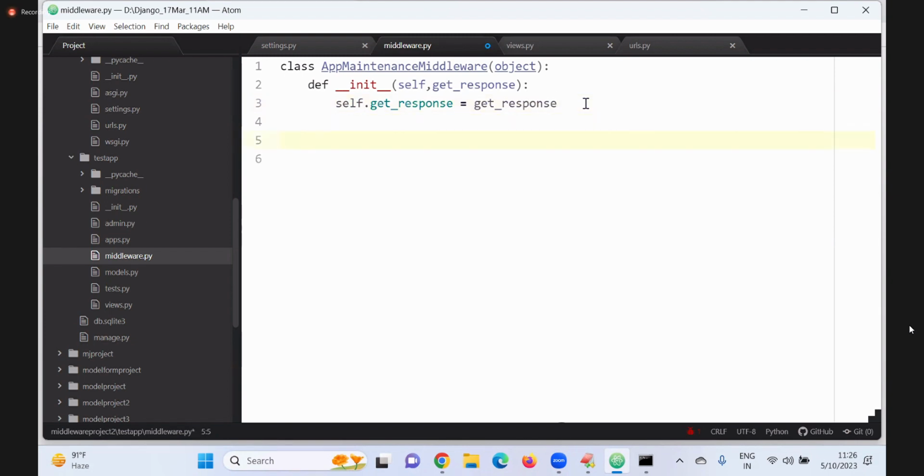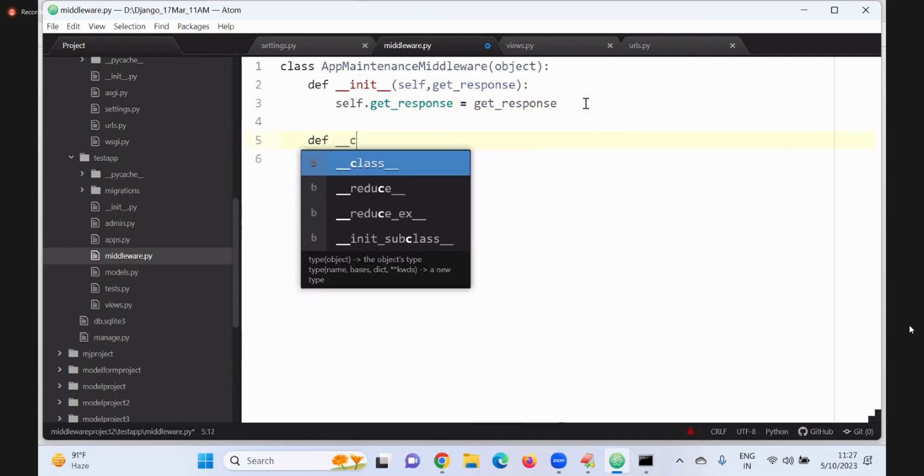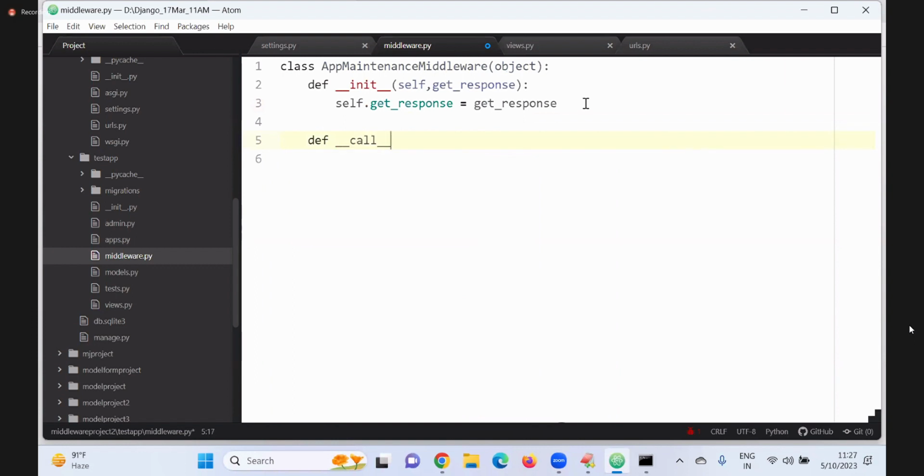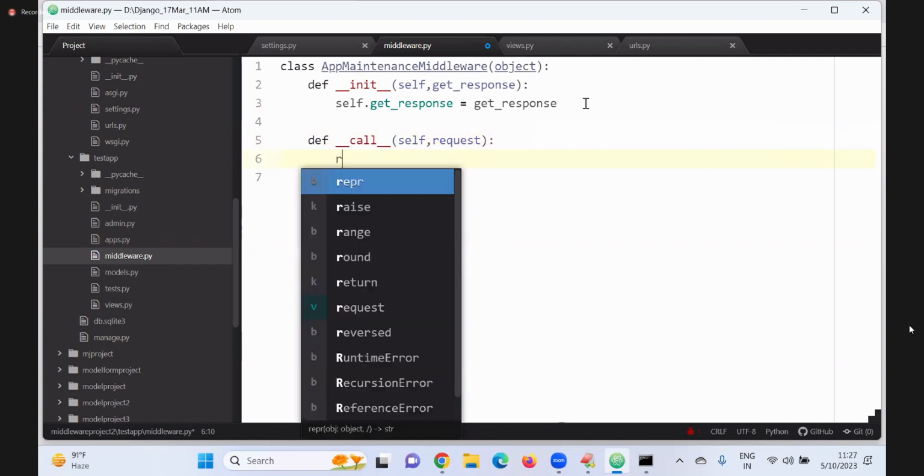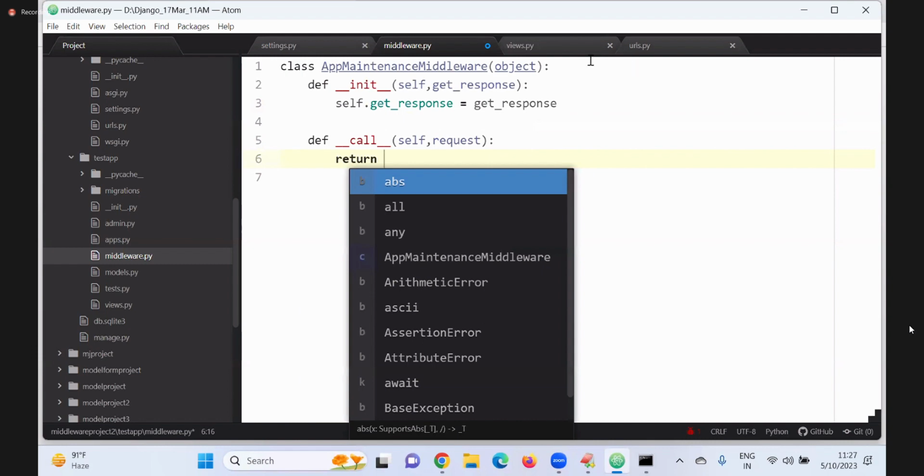Second one. Sir, what is the second method? Def underscore underscore call underscore underscore. Inside, the first variable is self. Second, I'm getting request. Sir, now here I want to return some response.